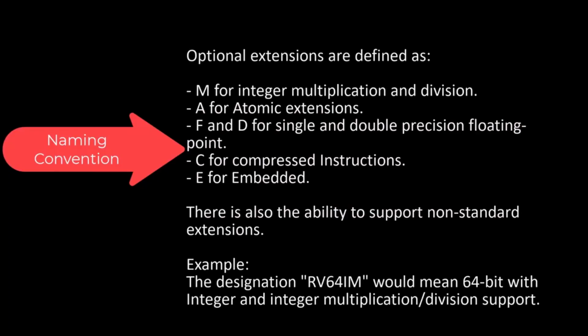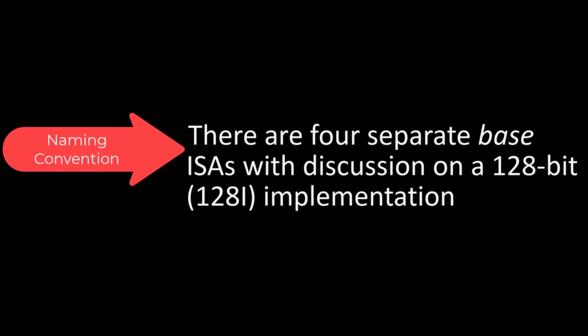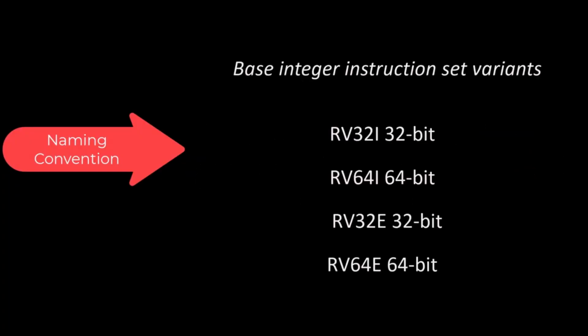Optional extensions are defined as M for integer multiplication and division. Here the designation RV64IM would mean 64-bit with integer and integer multiplication, division support. A for atomic extensions. F and D for single and double precision floating point. C for compressed instructions. E for embedded. There is also the ability to support non-standard extensions. Currently there are 4 separate base ISAs with work on a 128-bit, RV128I, implementation. A summary of the base integer instruction set variants is